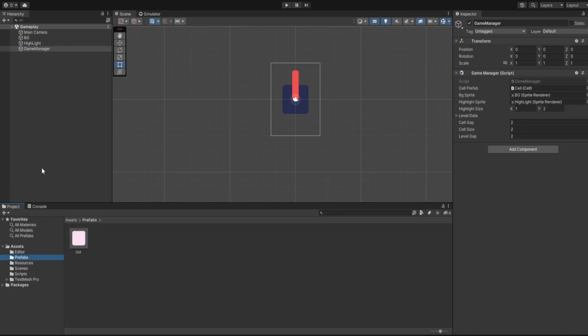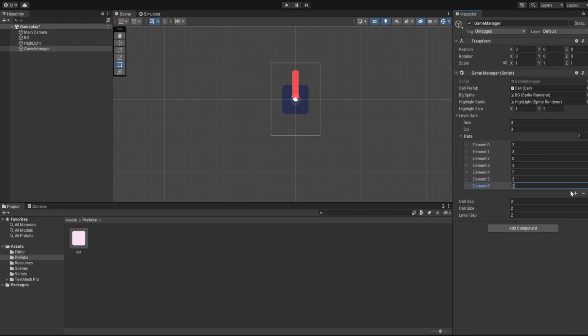There was no level, so that's why it didn't do anything. So we need to update our level data. So let's add 3 and 3, and our data is going to have, let's see what were the values. So 2 3 0, 3 4 3 3 7 3, and finally 2